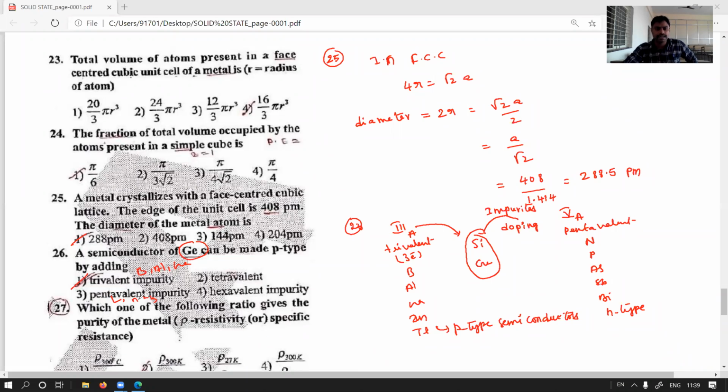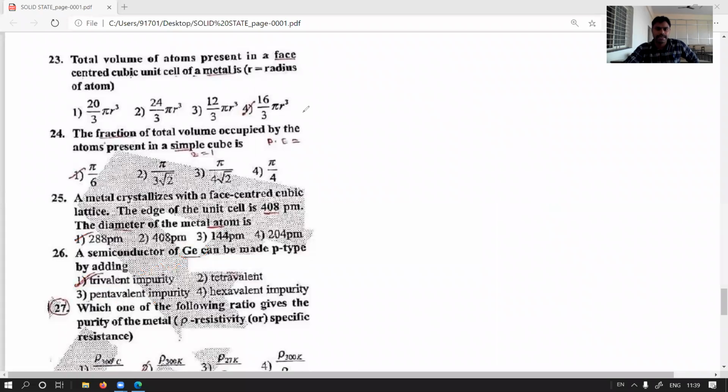And semiconductors' conductivity increases with increasing temperature. But metals, like electronic conductors, their conductivity decreases with increasing temperature. Okay. Next, very, very important, ma, just a direct concept, that is